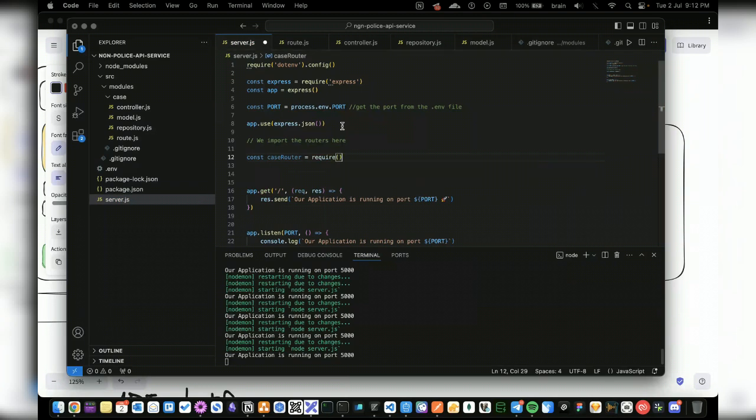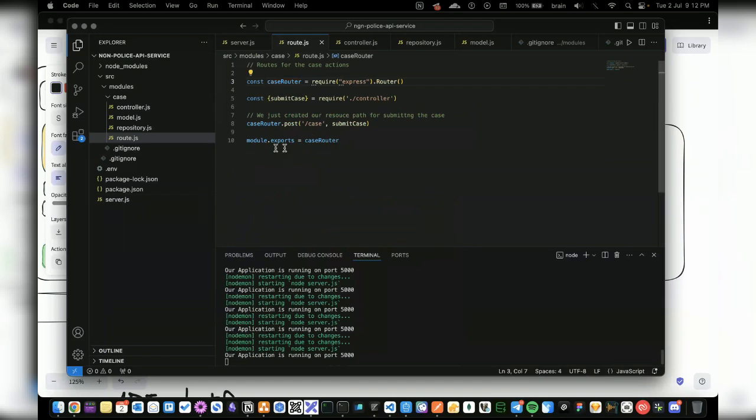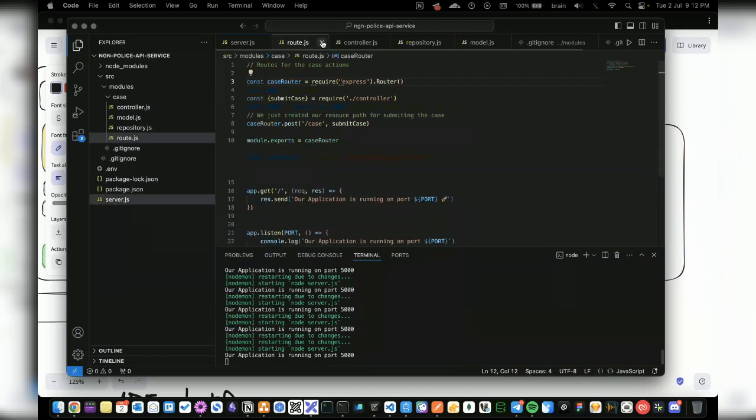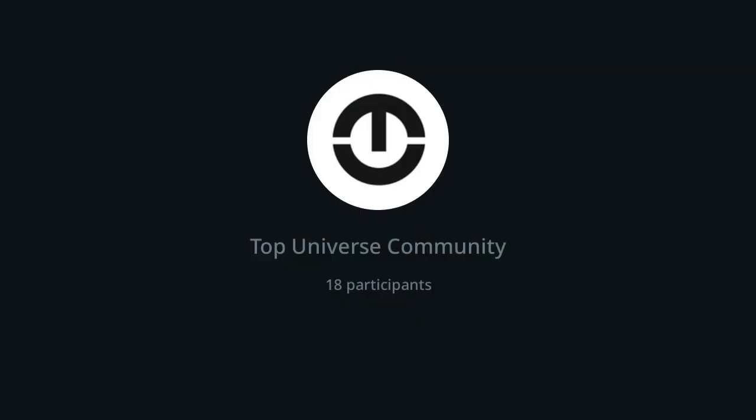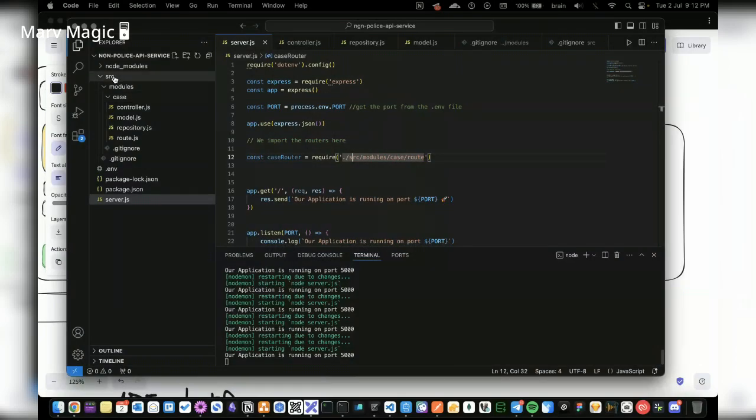Let's bring that from source, models, case, and route. Now we have been able to bring in the case router. You see, when I click on that, it's able to bring me to that file, because I just required the file from source, modules, case, route. Exactly what I have here. So this is the case router.